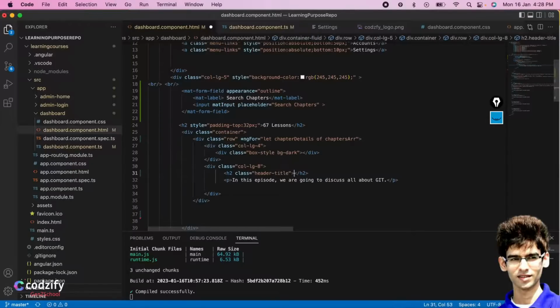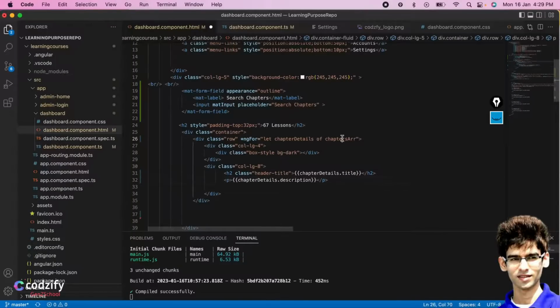And here, using interpolation, means we add the double brackets, inside which we will write chapterDetails.title. Similarly, here we will add the description, chapterDetails.description.